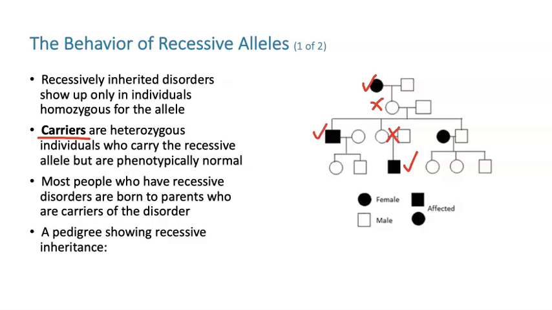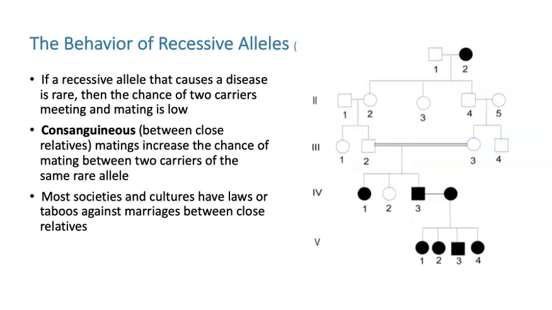So most people who have, again, recessive disorders are the offspring of parents who are heterozygous. And that's, again, true for recessive disorders. If a recessive allele causes the disease, if it's rare, then there's more likely a chance for that rare allele to show up